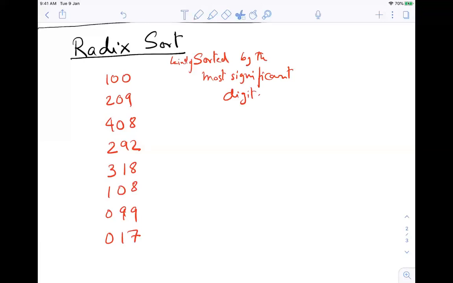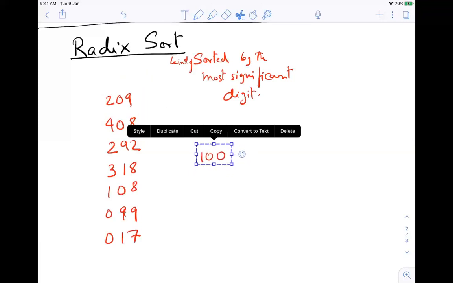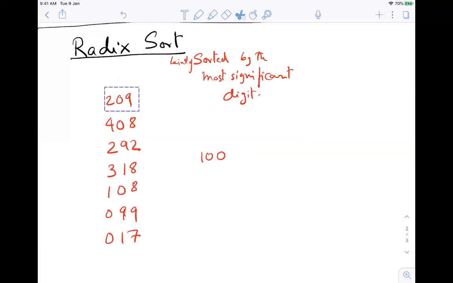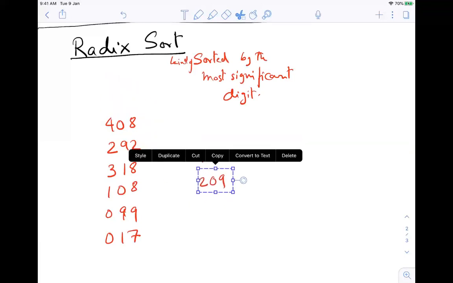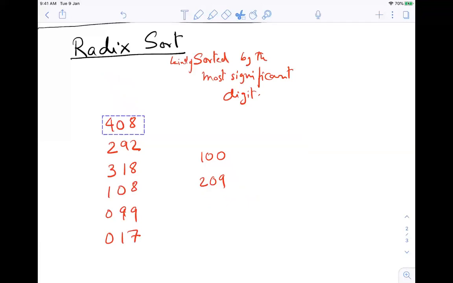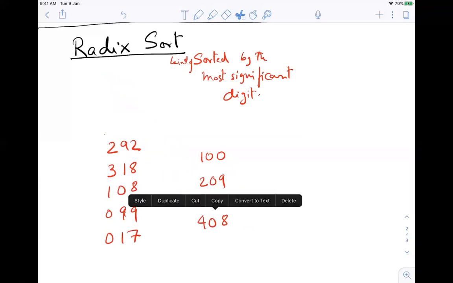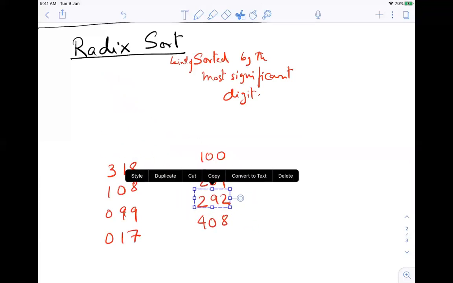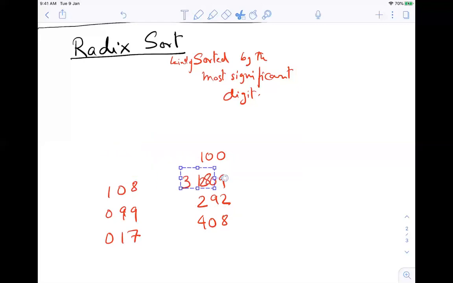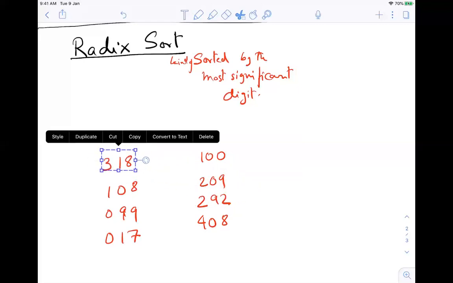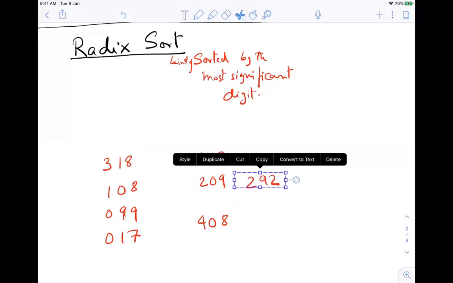I know that the most significant digit can only be 0 to 9, right? So I will keep on accordingly placing them somewhere here.